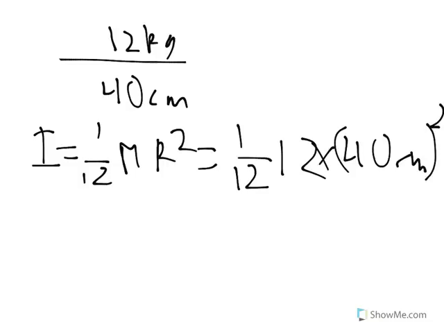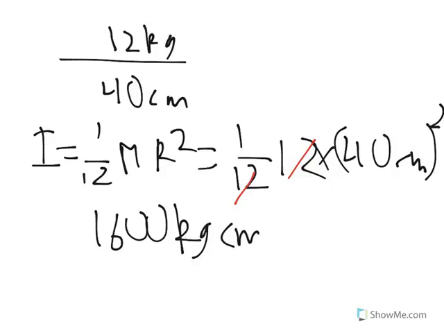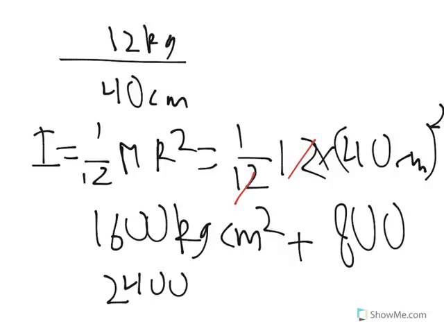So let's do the math out here. 12 times 12 cancels out, and we're left with 40 squared, or 1,600. And the distance was in centimeters, and the mass was in kilograms. That's kilograms, centimeters squared. And we add this to our previous result of 800 kilograms, centimeters squared. And it's the same unit, so we can just add it together. We get 2,400 kilograms, centimeters squared, which happens to be